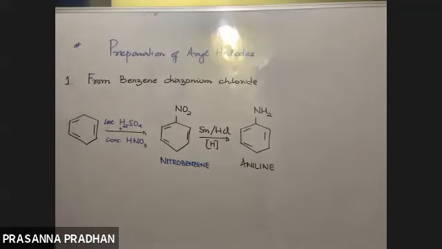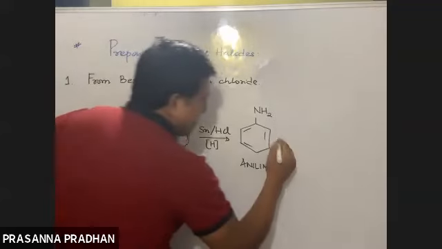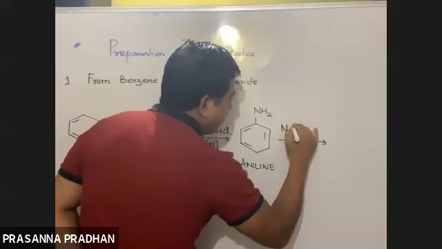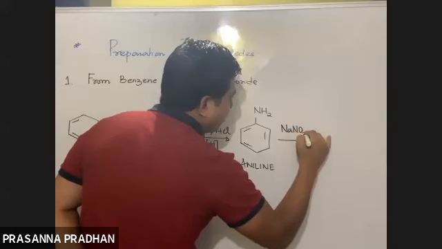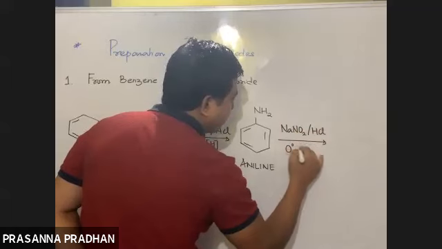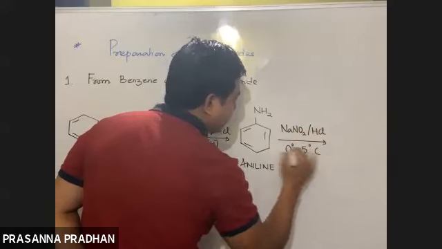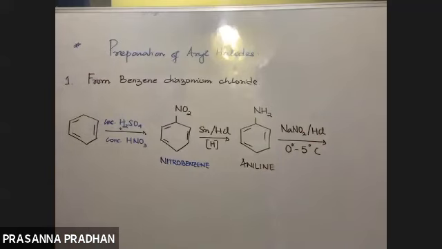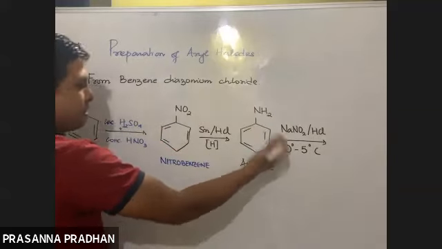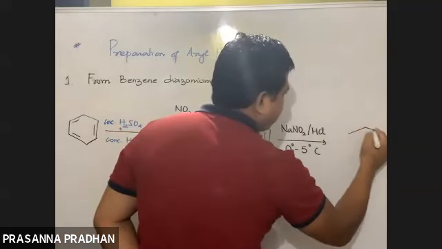Nitrobenzene, then aniline. Now, when aniline is treated with NaNO2, sodium nitrite, HCl, at a temperature of 0 to 5 degrees Celsius. Yes, the temperature must be mentioned in this particular reaction. So when aniline is treated with NaNO2 HCl at a temperature of 0 to 5 degrees Celsius, we get a compound